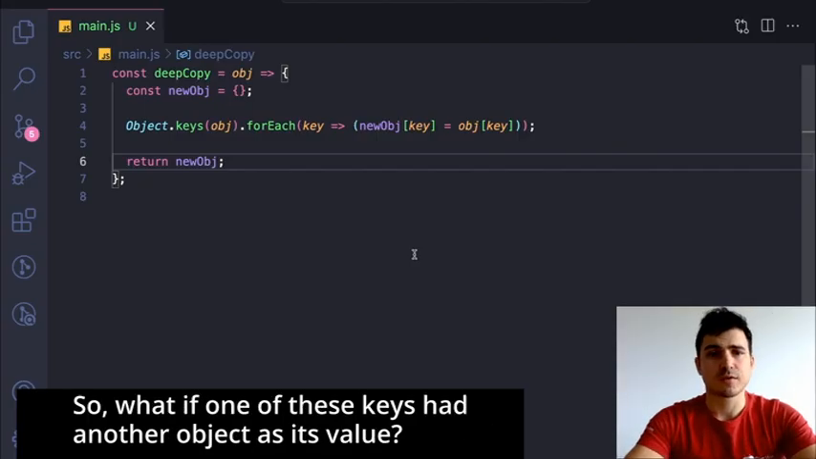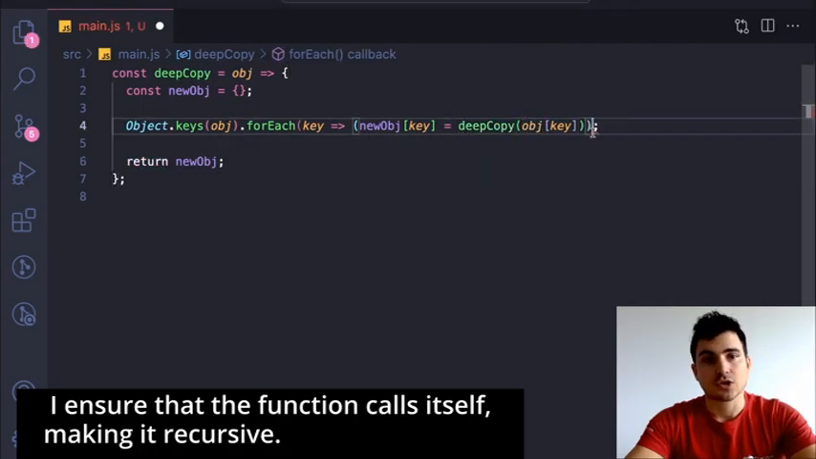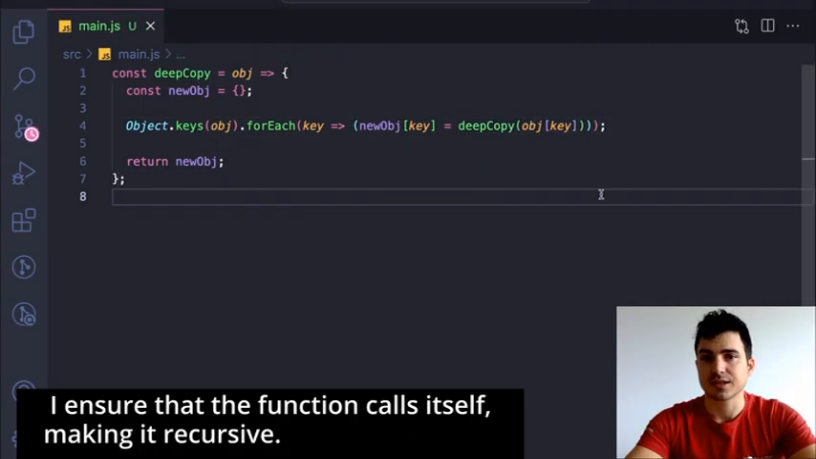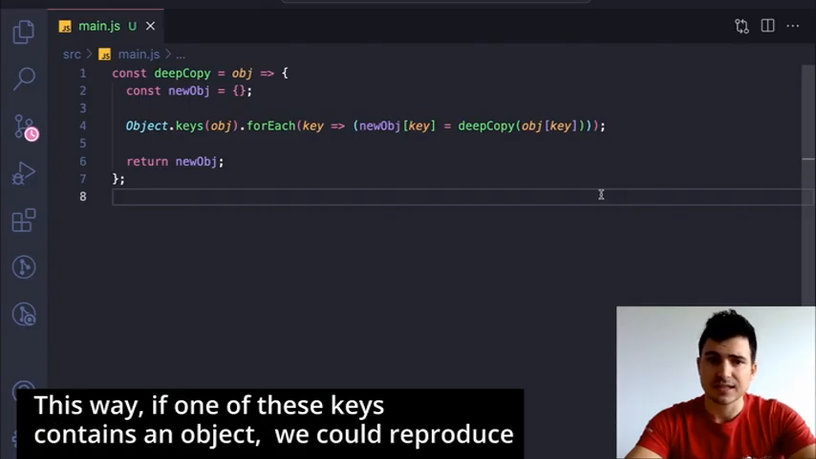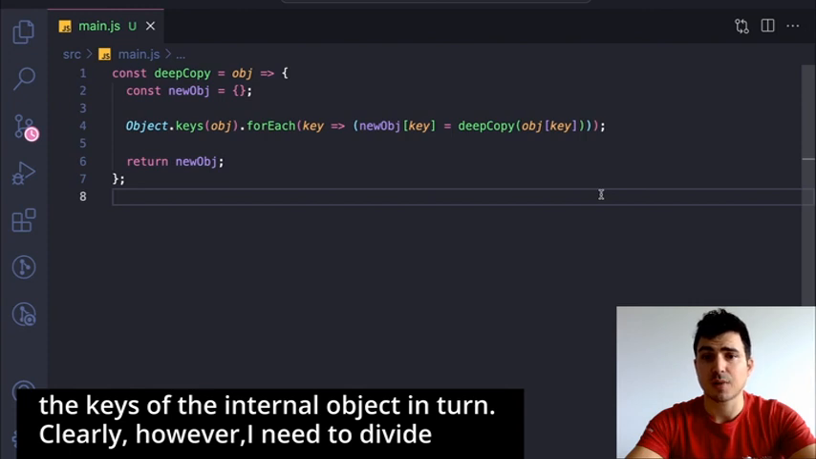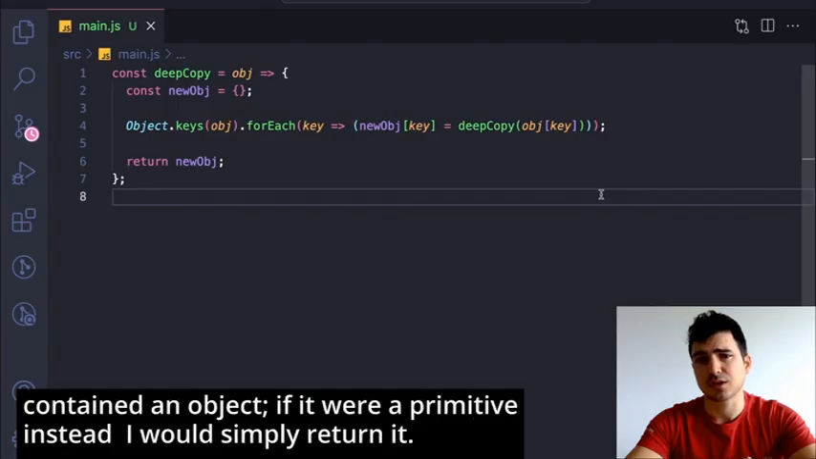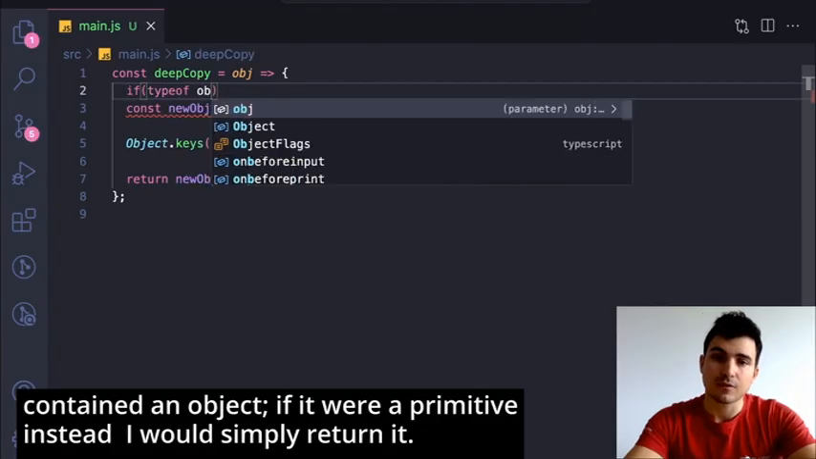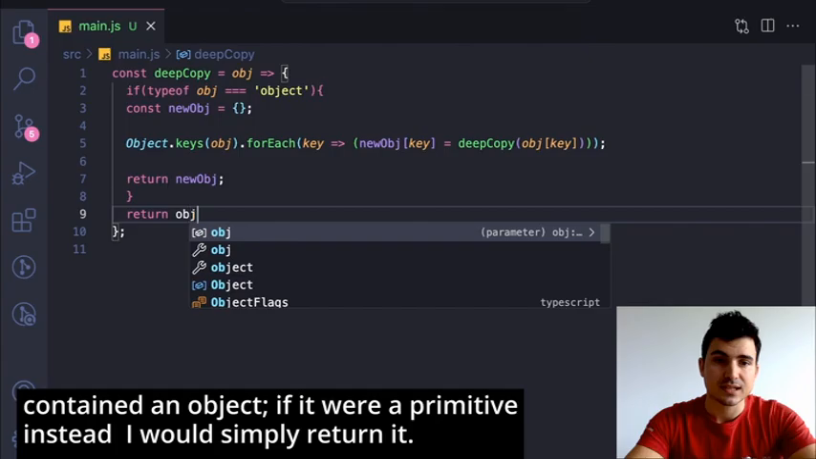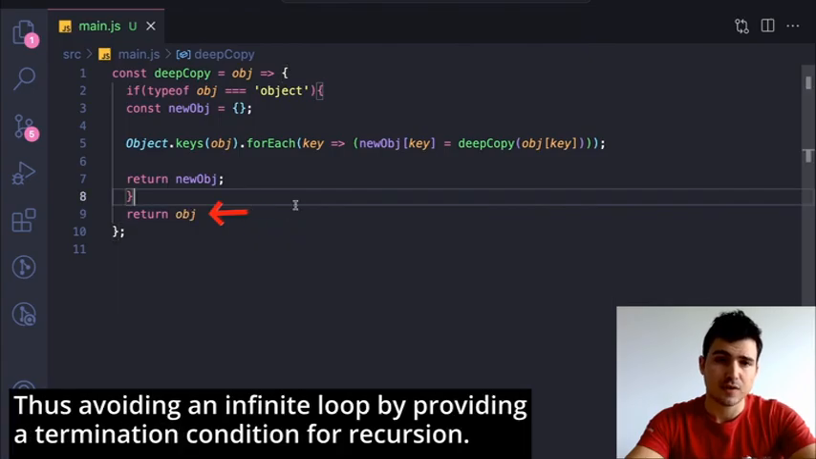So what if one of these keys has another object as its value? I make the function call itself, making it recursive. This way, if one of these keys contains an object, we can reproduce the keys of the internal object in turn. Clearly, however, I need to divide the cases. I want to do this only if the parameter I passed contained an object. If it were a primitive instead, I would simply return it, thus avoiding an infinite loop by providing a termination